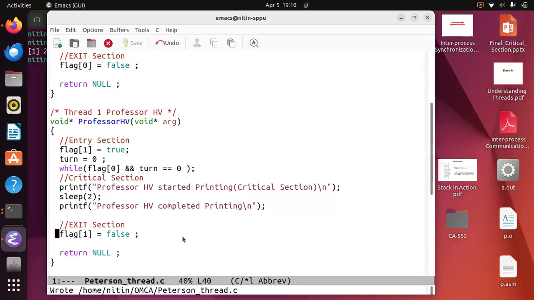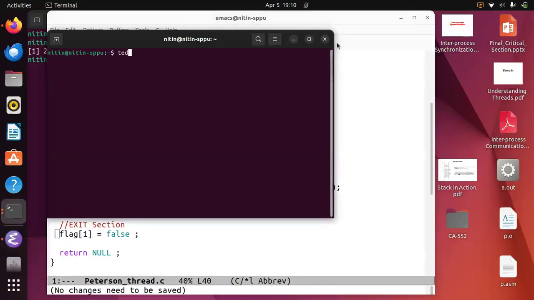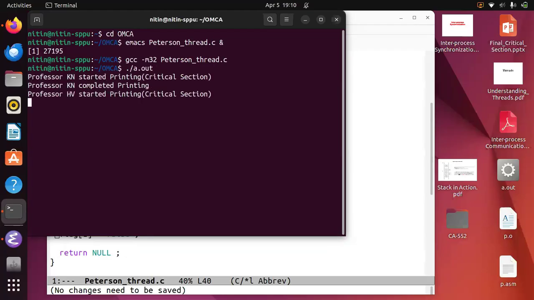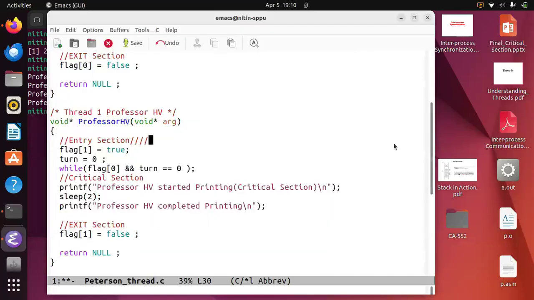Right? So let me save this code and let us try compiling this. GCC -m32 Peterson thread.c. If there are errors, then we'll solve them. So you can see now Professor KN started, KN completed. And now, for example, if I increase the sleep parameter over here,